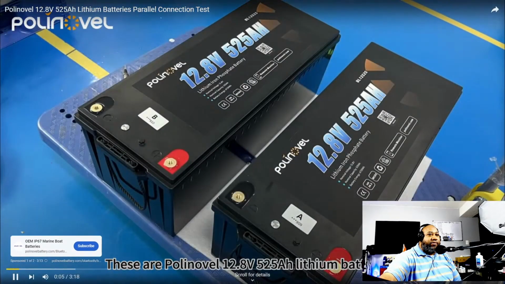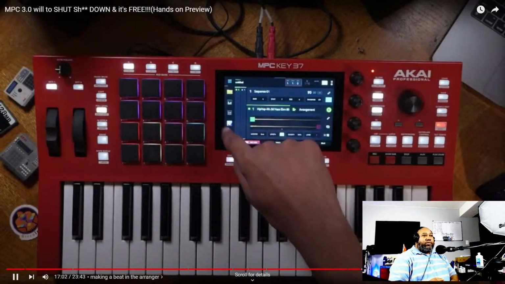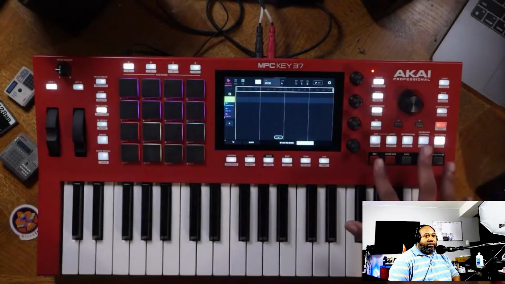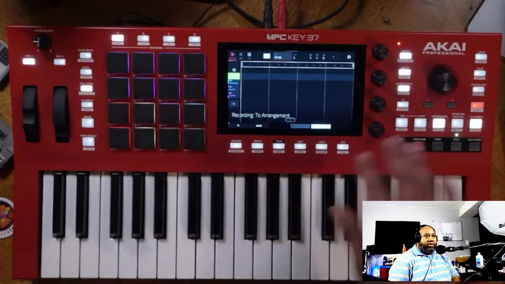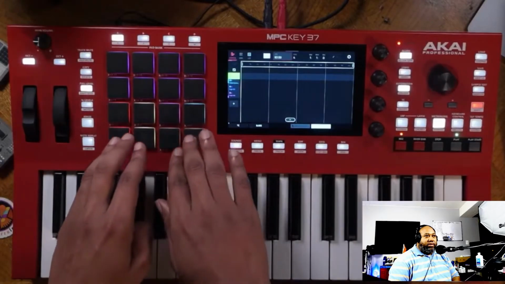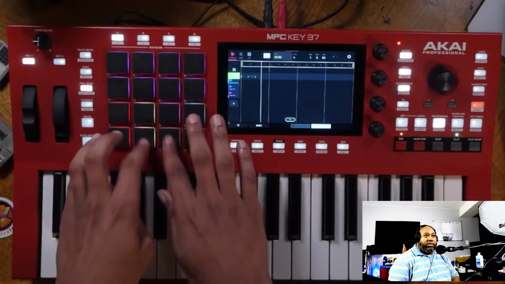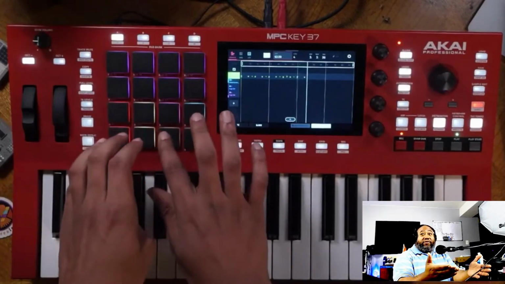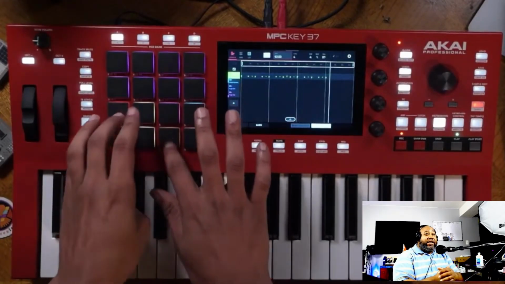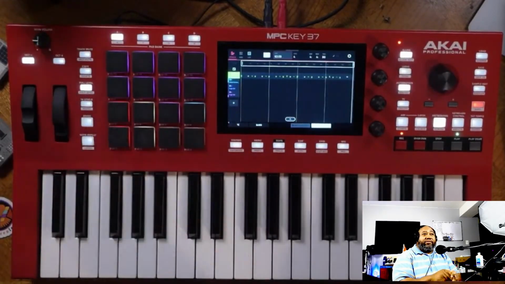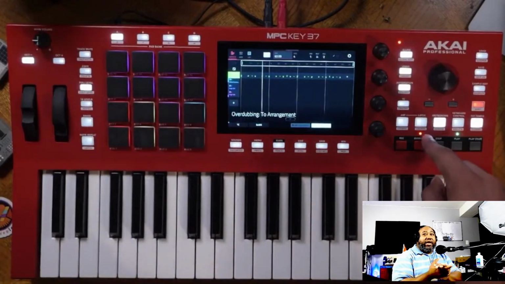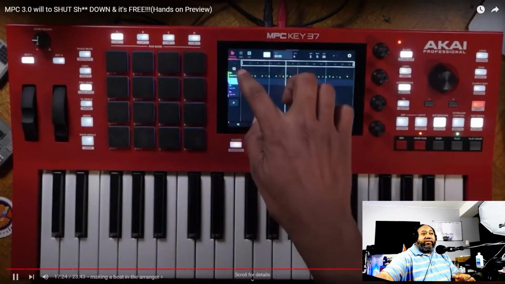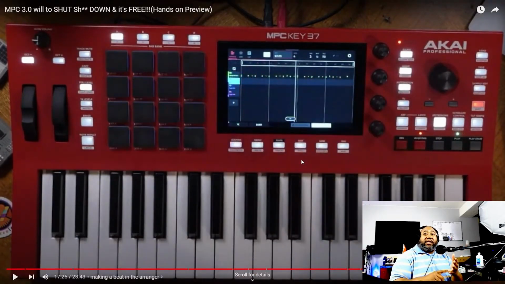These are Polynovel 12.8. Recording the arranger here. Let's go ahead and get it. Let's see if we can get it all in one take. That's your linear. This is your linear recording right here that everybody was asking for. This is it. So now it's really set up. This is the stuff. Let me stop right quick. This is the stuff that the